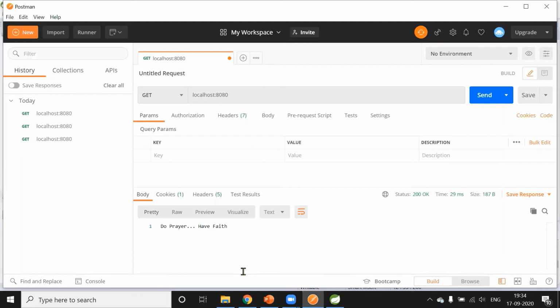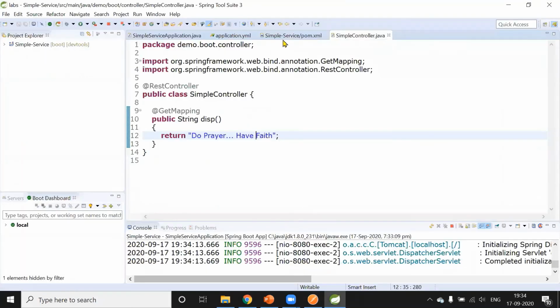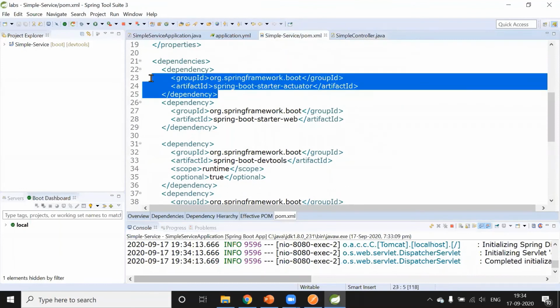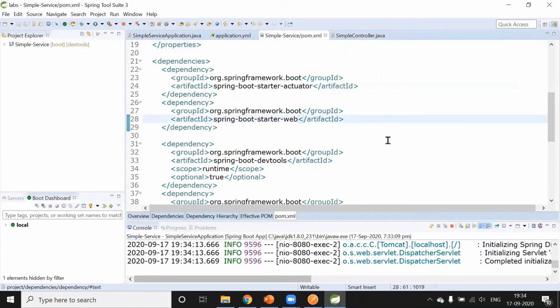Similarly, we added one more dependency called actuator. I told you the actuator's purpose is to provide runtime metrics. We can get runtime metrics. Similarly, we can do a graceful shutdown.